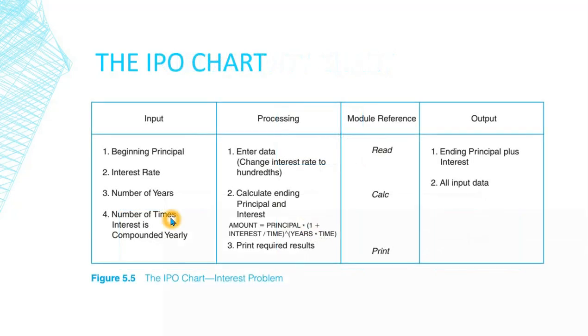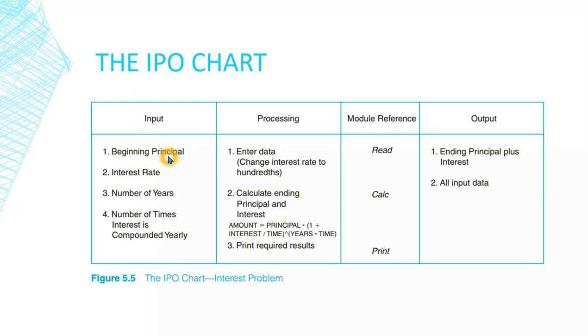Okay, so then we go to the third step, which is the IPO chart. The IPO chart, as you remember, is the input process output chart. It will use the information from the past and from the interactivity diagram. So the input will be